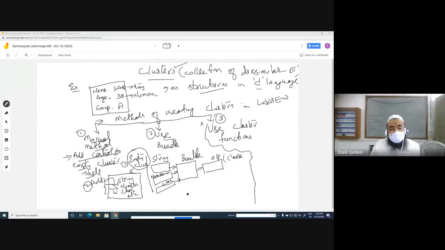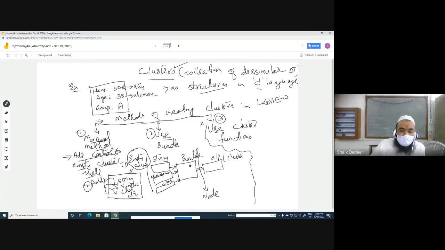Now I'm going to show you the procedure of creating clusters with the help of another method, that can be done by making use of a node called bundle. It's actually a node available in LabVIEW. Imagine bundle is like a carrier in which we carry some goods or some utensils.